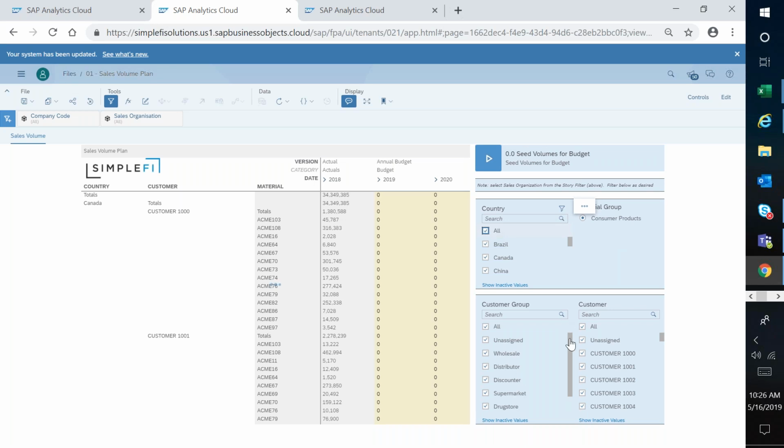But again, some of the different customer groups, and all of that will automatically filter. These are what we call our page filters, which allow us to make any changes within our page. You'll also notice, if I draw your eyes up here on our template, I have story filters. In this case, I only have one tab here, sales volume.